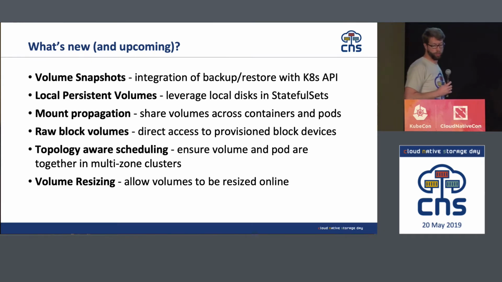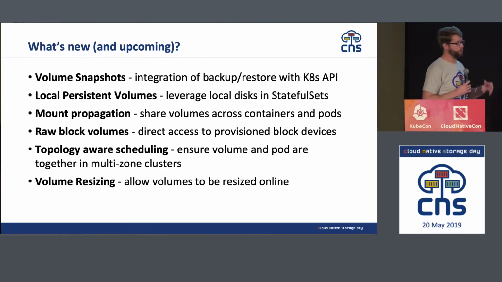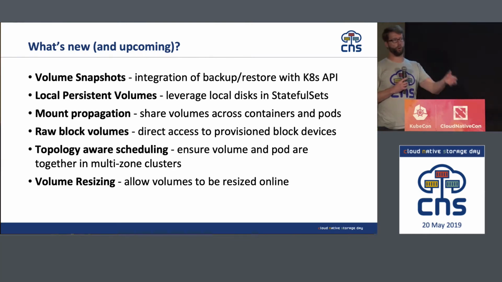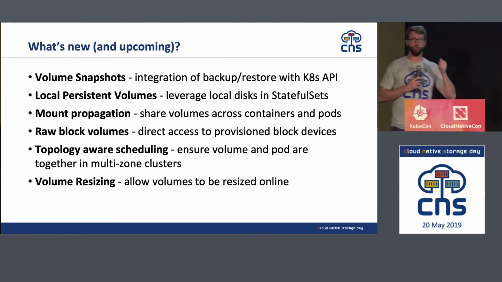Raw block volumes are good because most of the time with an external volume plugin, what you get is a file system. You get a volume provisioned for you, but it also has a file system like ext4 or whatever it may be. But now instead you can be handed the raw volume. If your application knows how to speak to a raw block device, then you can, for performance reasons, use that without having to go through a file system anymore.